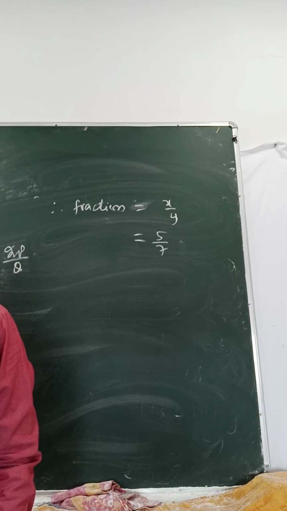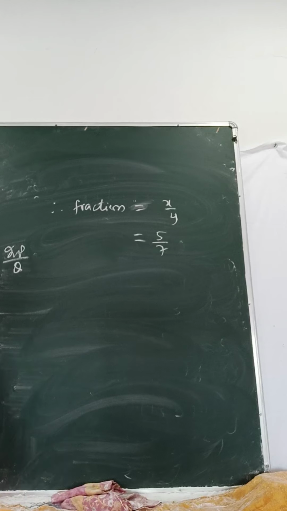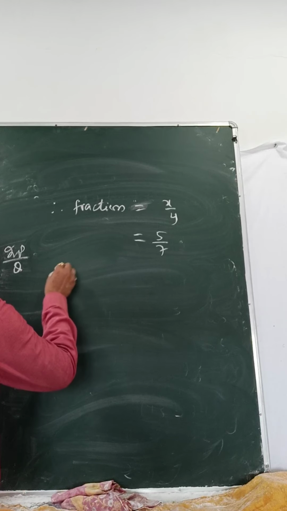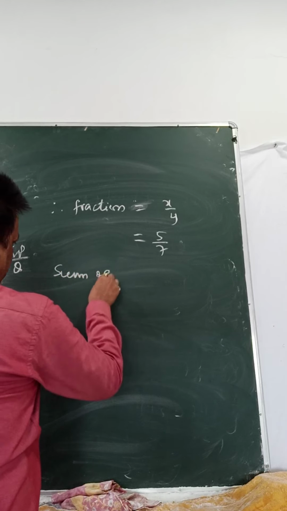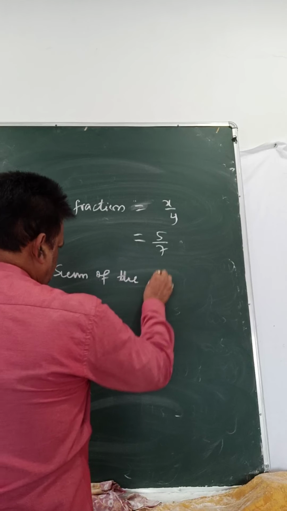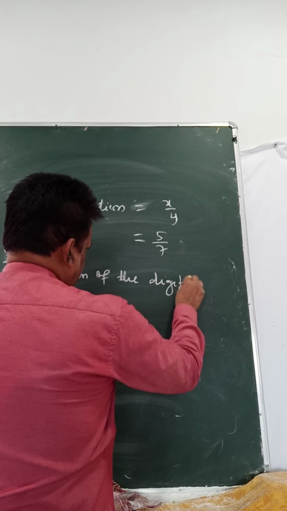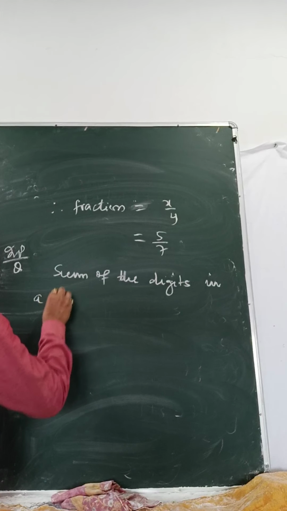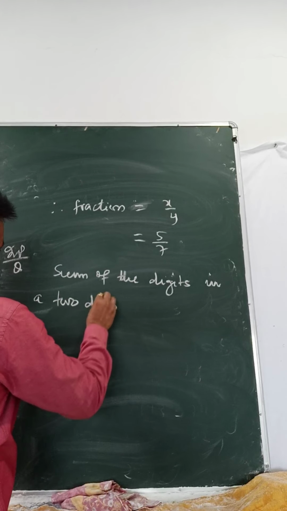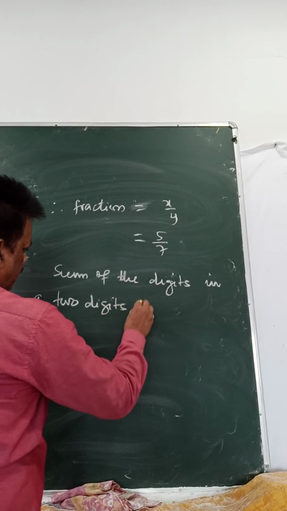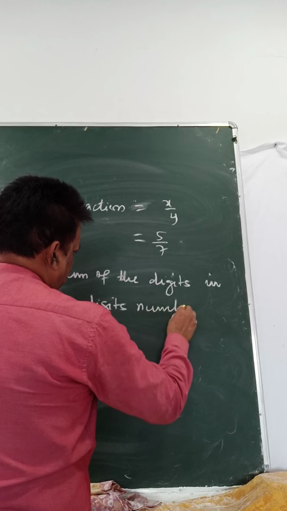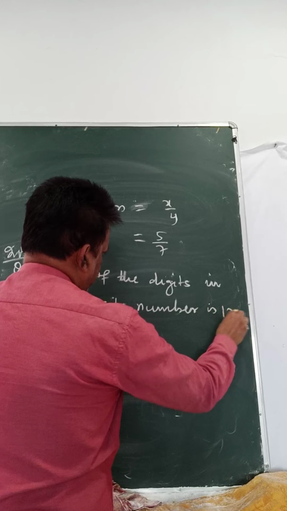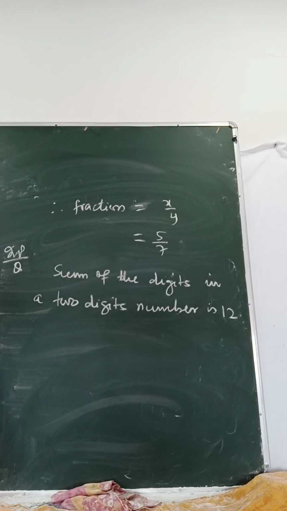The sum of the digits of a 2-digit number is 12. Then